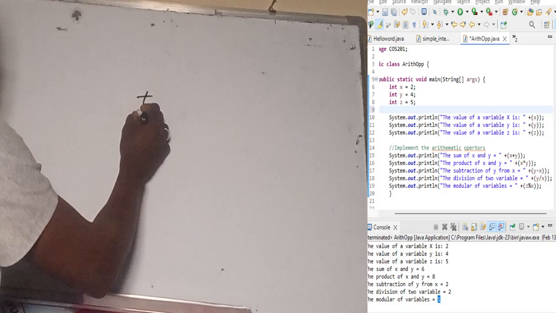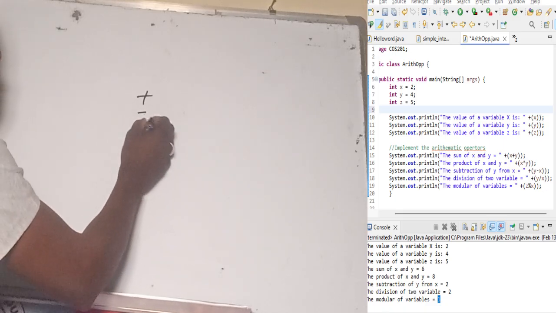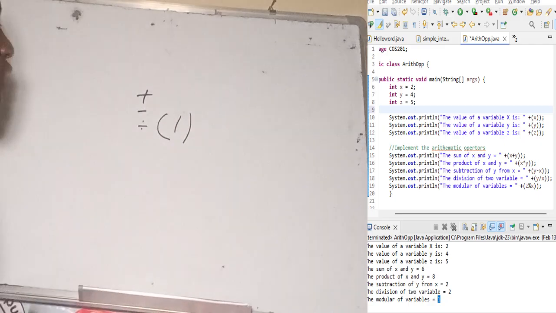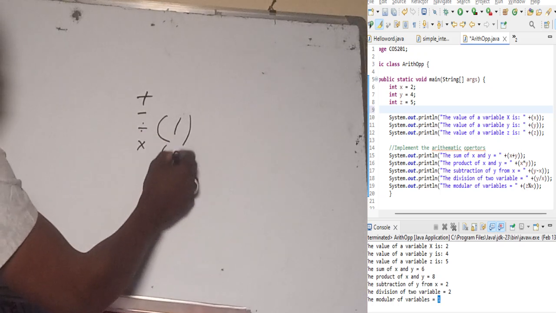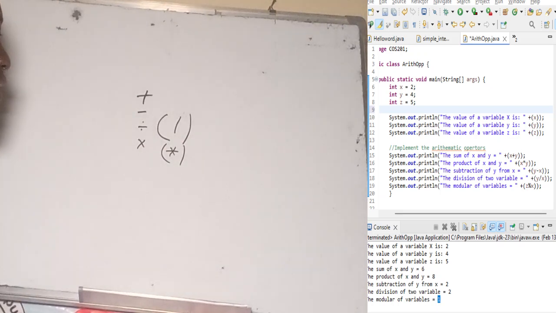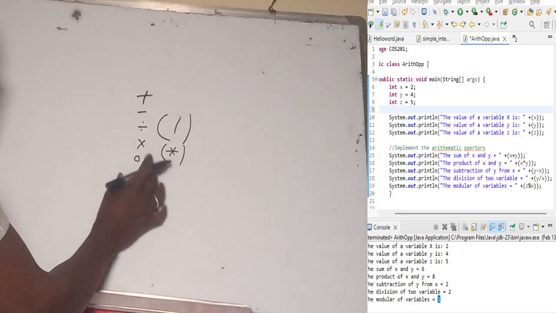We have the negative sign, which we use to subtract a variable from other variables, and we have division, which in programming we use / to divide given variables. Also we have multiplication, which we use the asterisk for in programming, as well as what we call modular, which is denoted by